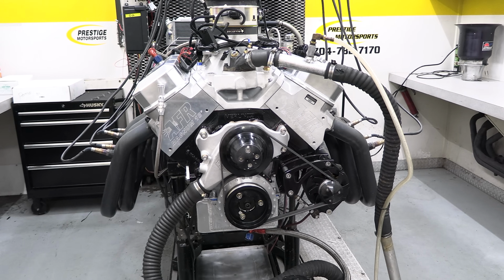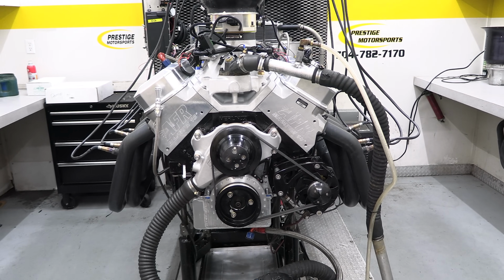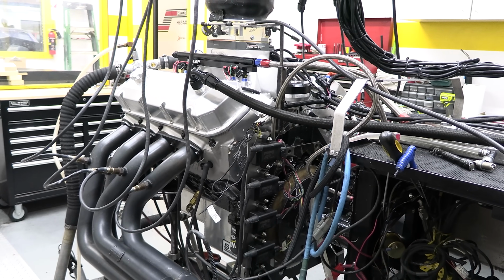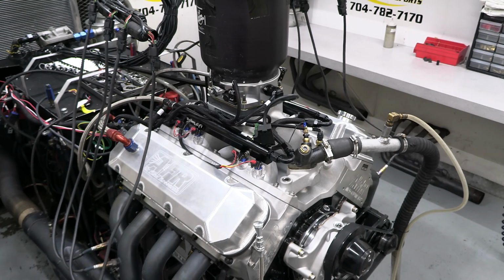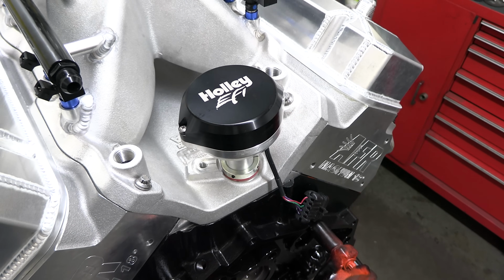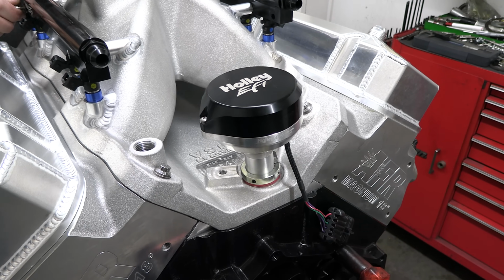instead of a conventional distributor and ignition setup with a single coil feeding power to all 8 plugs. This is a shelf stock dual sync distributor which is used to track the position of both the crankshaft and the cam for the ECU. But since we won't need plug wires, the distributor cap has been swapped out for one of Holley's billet blank distributor caps to clean up the